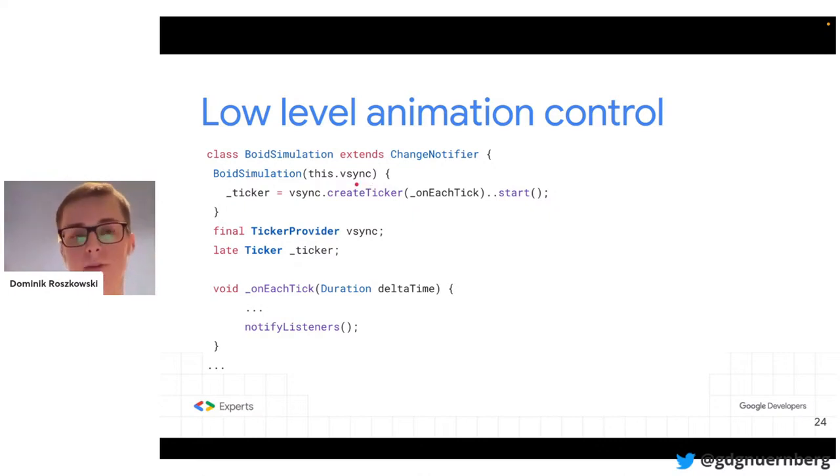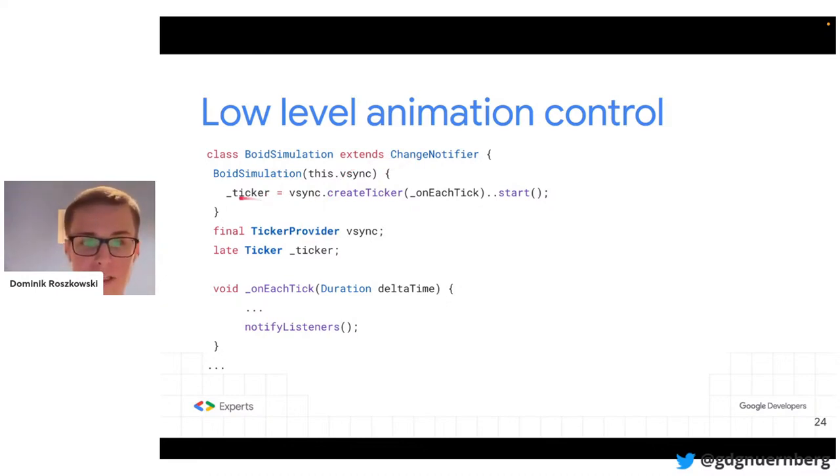In order to make this API similar, I also named this vsync. So vsync in our case is just a ticker provider. You remember single ticker provider state mixin or ticker provider state mixin. We just pass here this class that will tell us when a new frame gets built by Flutter.